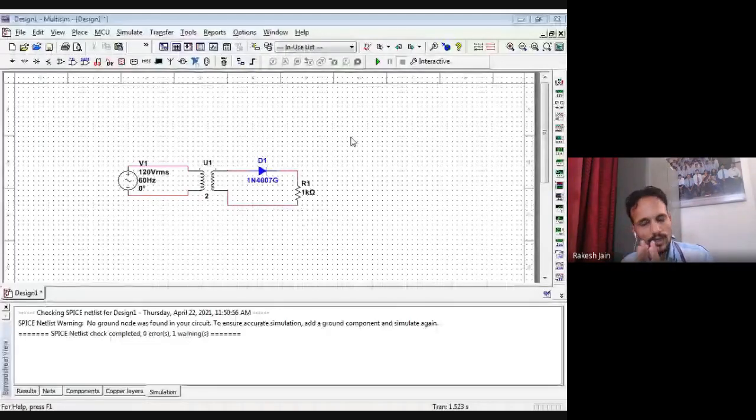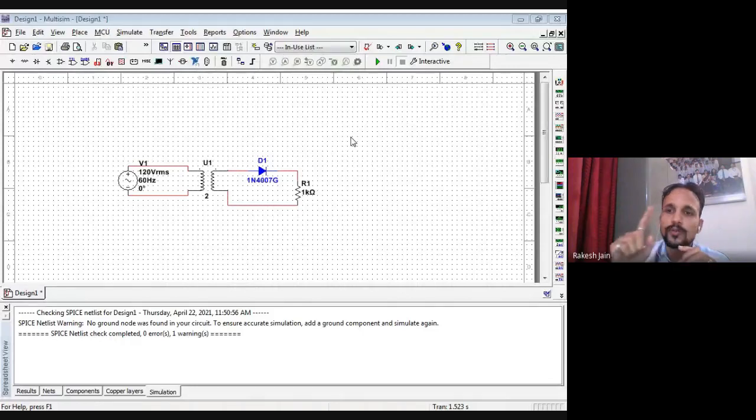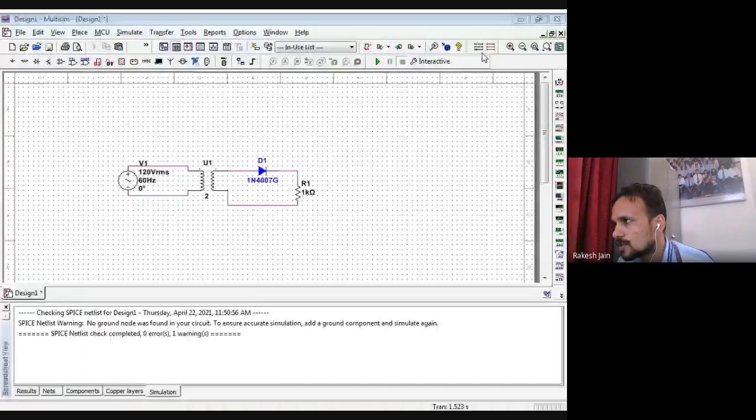Because I only require a transformer, a diode, and a resistor, and all are connected. Now I want to check the output and input. Input should be a sine wave and output should be only the positive ripples if the circuit is okay. Everything is okay. To see the two waveforms at the same time, I have to use an oscilloscope, that is